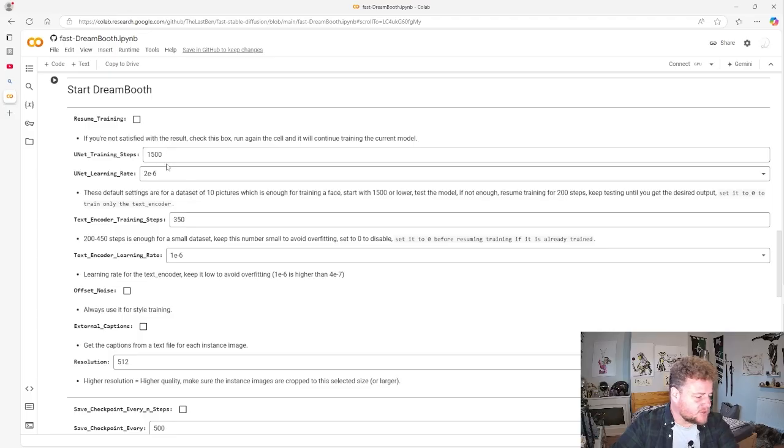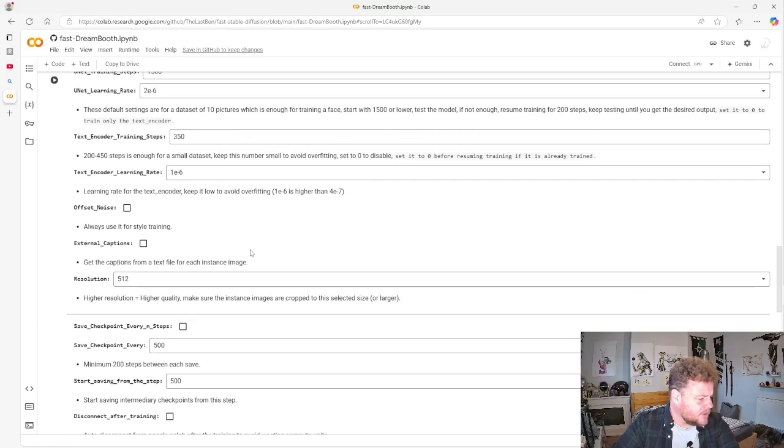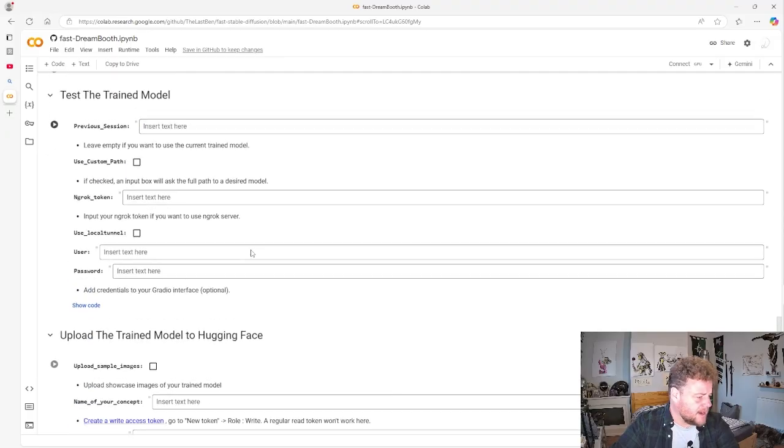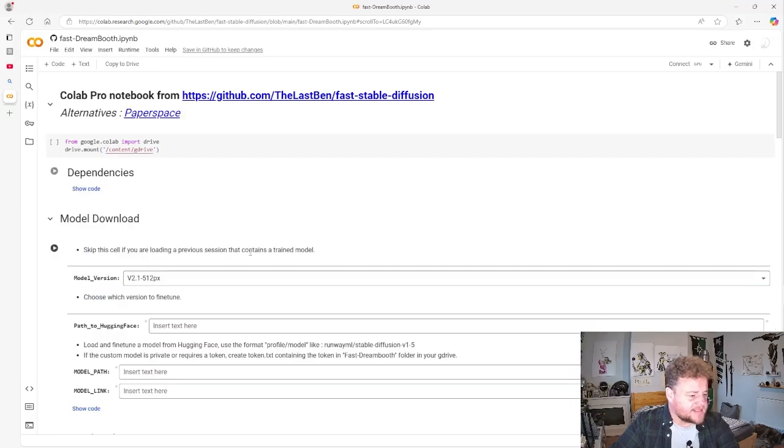You can use your training steps. If you've got any number that you're using to train the models, you want to times it by 100. So in the case where you've got about 15 images to train your model, you're going to want to change that to about 15,000 steps. I believe that's the only thing that you really have to change, and then you just upload your model and run it from there. Like I said, I haven't had too much of an opportunity to work with a lot of this stuff. I'll leave a link to the tutorial in the description, but these are the sort of things that we're looking at in training our own models.